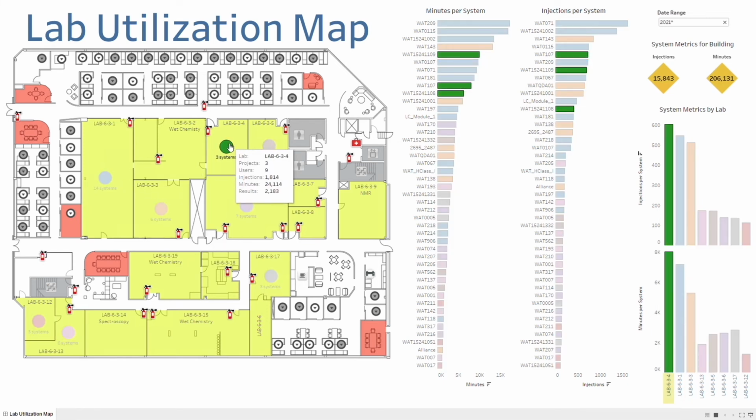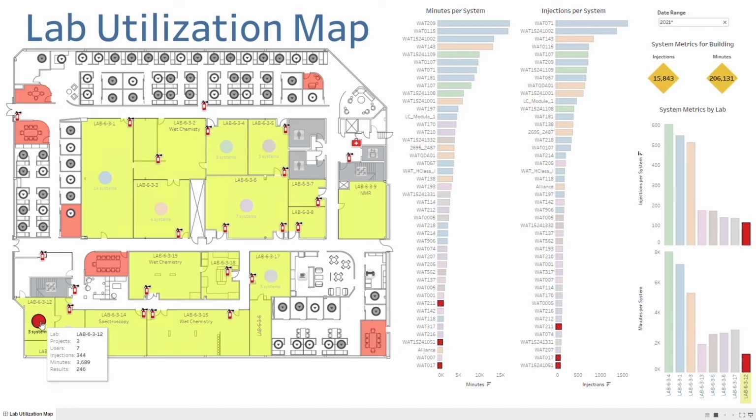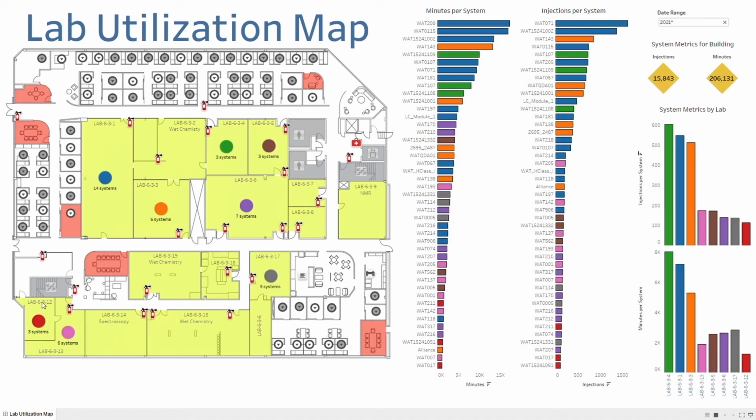Right away, it becomes apparent that systems in the green, blue, and orange colored laboratories have a much higher utilization than the systems in the other laboratories. The systems in the red colored laboratory appear to be hardly utilized at all. If we consider the reasons why this might be the case, it could be that the red laboratory is inconveniently located. It's kind of far away from the main cube farm at the top of the map, which is where the analysts sit, and it's difficult to reach in relation to the wet chemistry area where the analysts prep samples. Perhaps relocating those systems from the red lab to the pink lab would boost their usage.